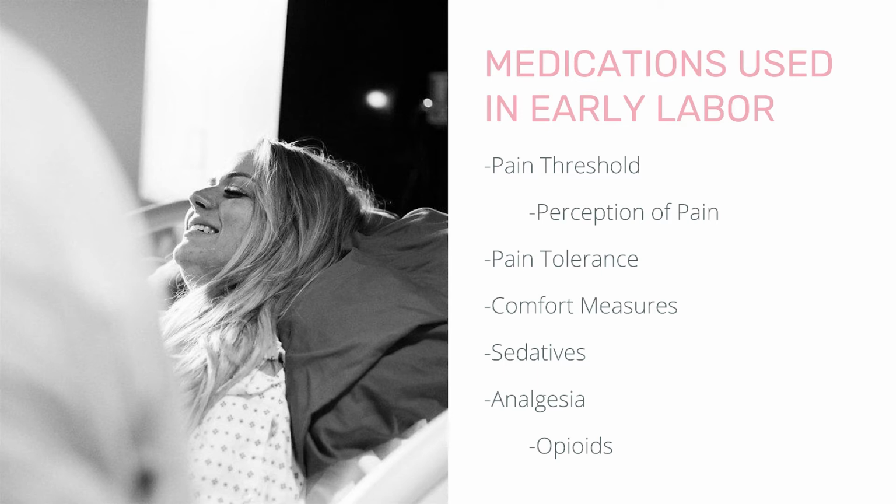Some of the common comfort measures that we can use in labor are relaxation and breathing techniques, music, guided imagery. We can use light massage, water therapy, sometimes we call that hydrotherapy. I've seen acupressure and acupuncture used. We can use heat and cold. There can be biofeedback mechanisms that we can use, aromatherapy, and even down to what we call hypnosis, or hypnobirthing